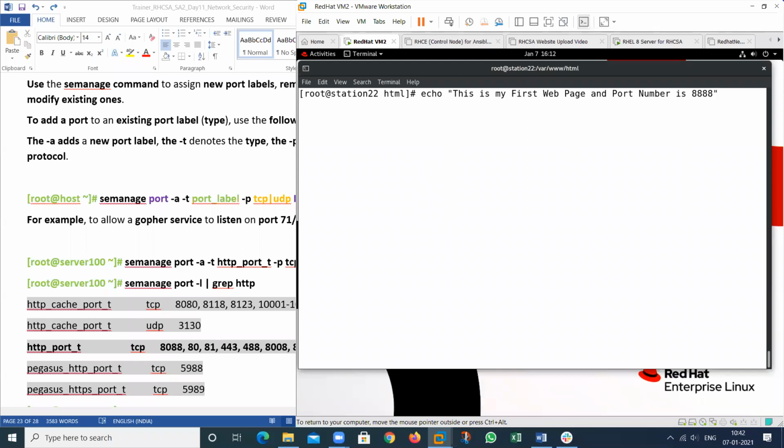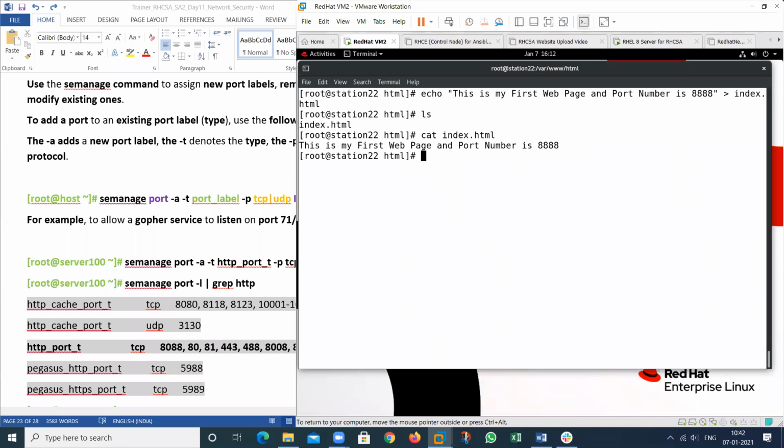So I want to add this particular port that I want to change. Then index.html. So see, your index.html page will be created.